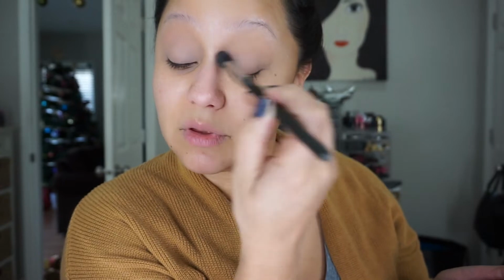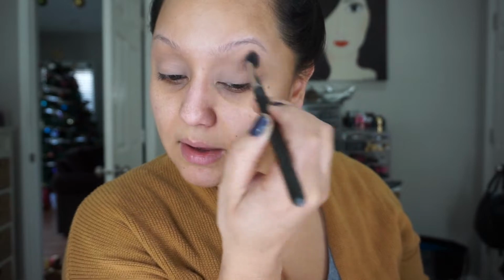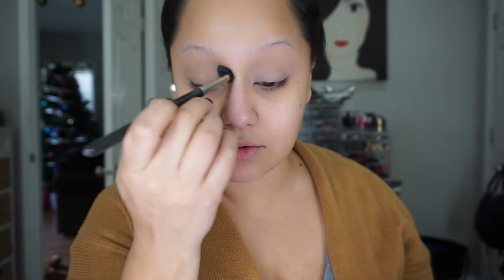This was one of the first palettes, to be honest with you guys. You should know that I worked with MAC for 5 years, and when I worked with them, that was the only brand I really knew. I didn't know anything else outside of that. And truth be told, even the videos that I would watch, most of the YouTubers were using MAC, and so it's what I knew. I needed to learn new brands. I needed to be able to recommend things to people, so Becca was the first brand that I played with